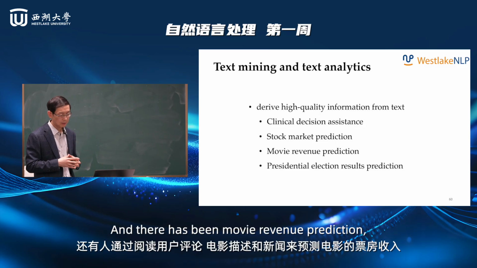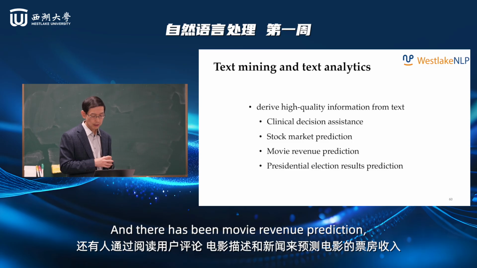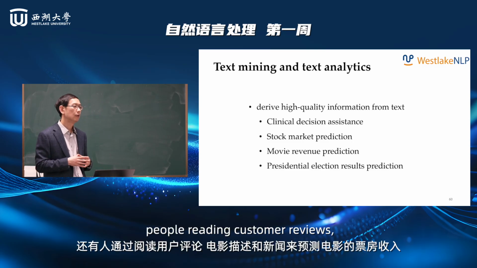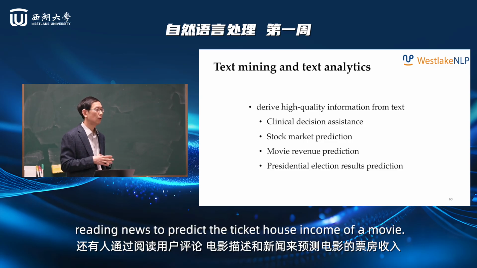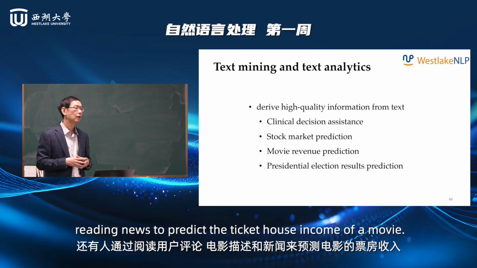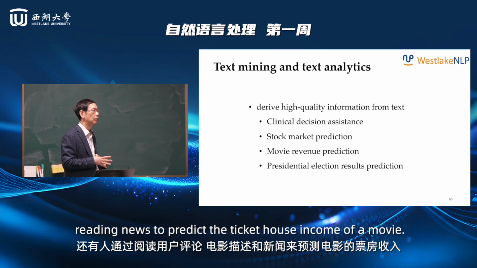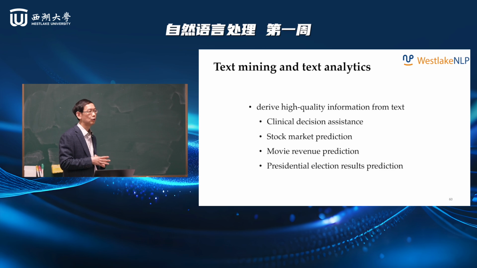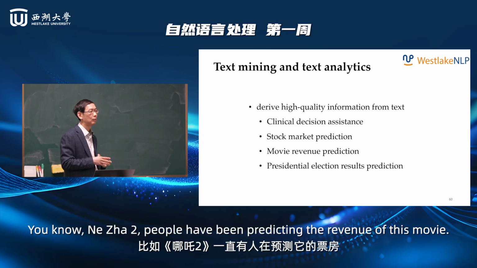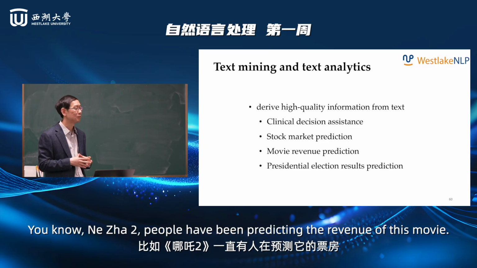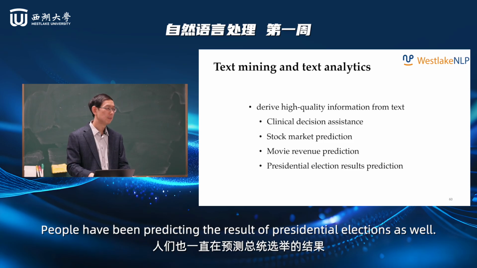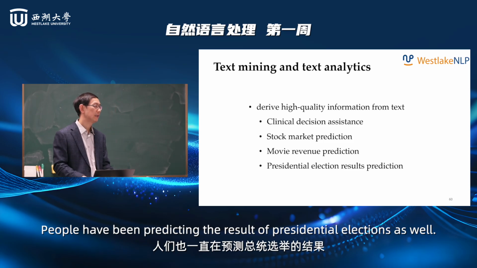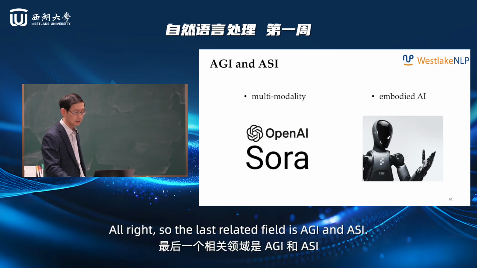Okay, and there has been movie revenue prediction, right? People read customer reviews, descriptions about the movie, and news to predict the box office income of a movie. 哪吒 2, people have been predicting the revenue of this movie, right? People have been predicting the result of presidential elections as well. All right, so the last related field is